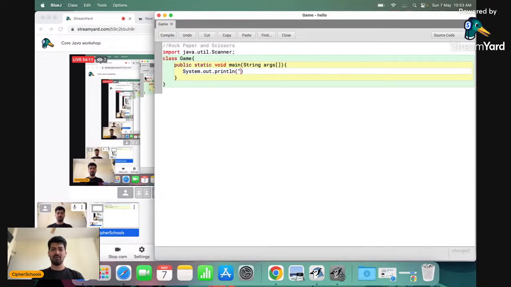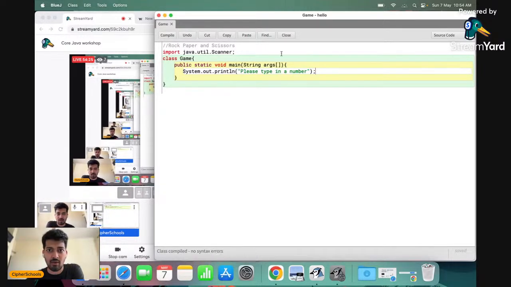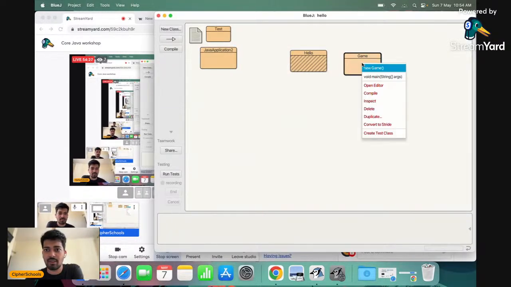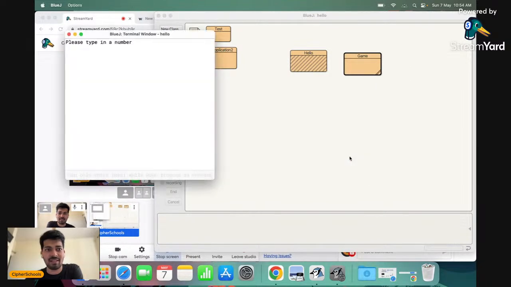Over here I'm just going to give a simple message which says, please type in a number, and then a semicolon. If I compile and run this code, I get a message which says, please type in a number, but I'm not capable of typing a number.